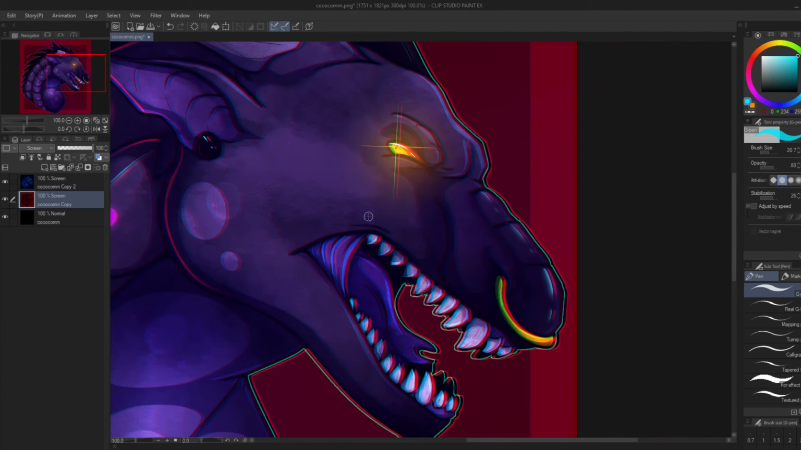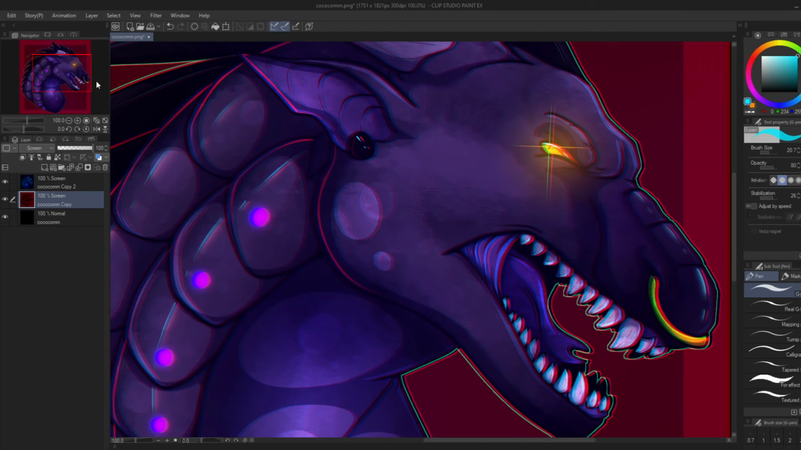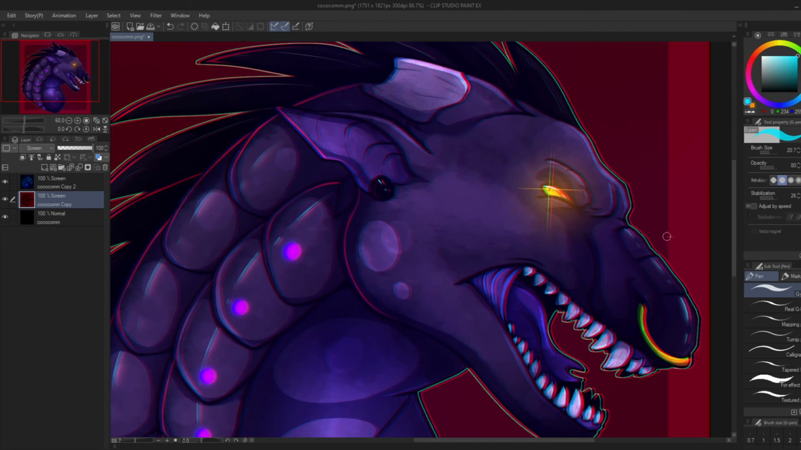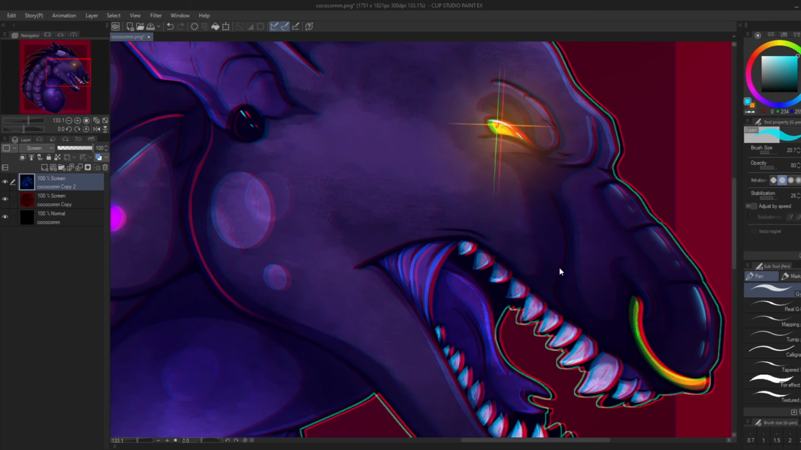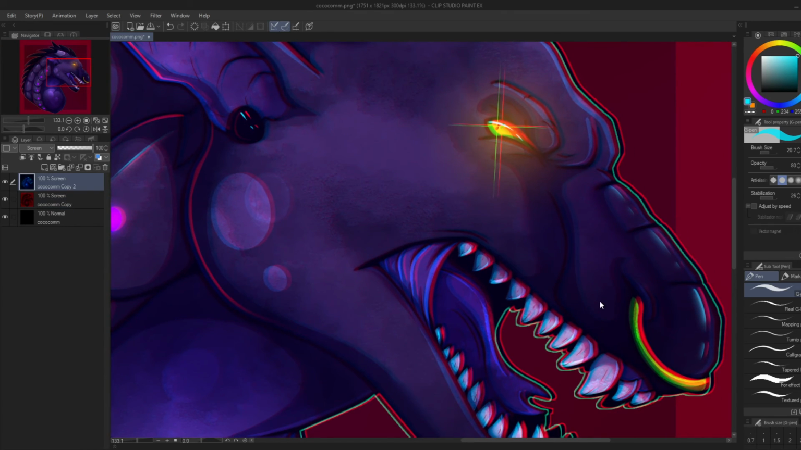I'm sure there's a couple other kinds of layers you can use for this as well, but this is just my preferred method. I've been doing it for a long time. I started doing it on Paint Tool SAI, so